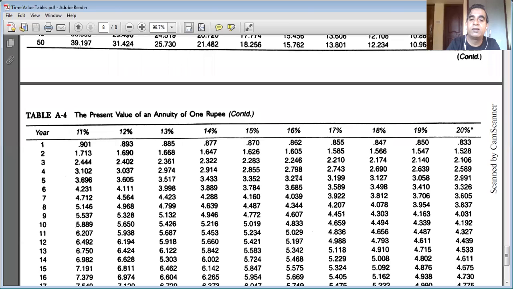Now look at the top of this table, what is the interest rate for this one? 16%, very good. And for the second one, 3.199, what is the interest rate? 17%. Yes, you need to note down these interest rates. These are the two alternative interest rates. So the internal rate of return will be between 16 and 17, meaning it will be 16 point something. Now let's get back to our calculations.